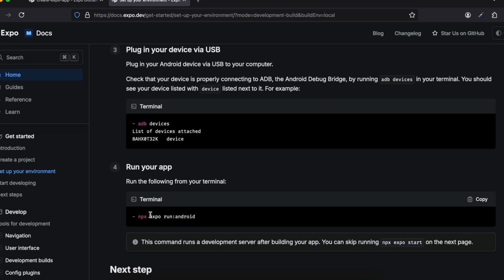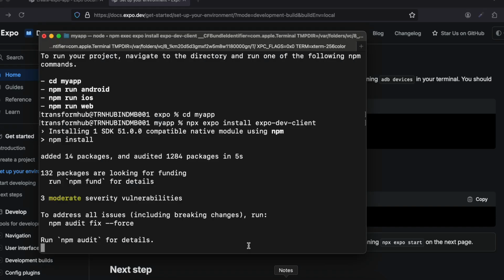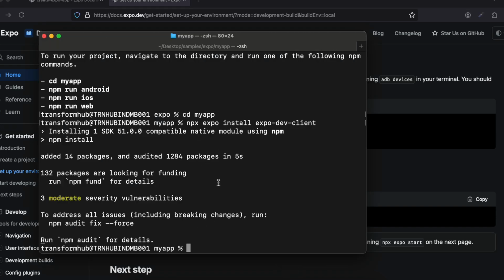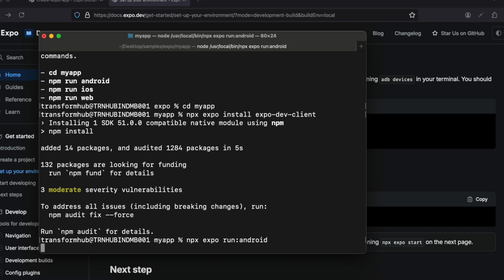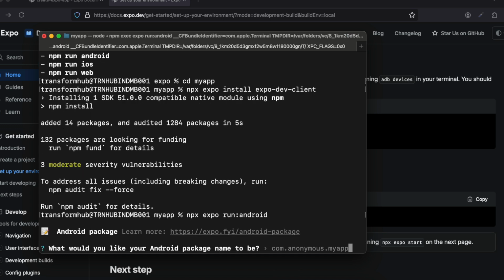Then we will have to run this particular command as well. So this will actually create the Android folder for us. So here you can see the previous command has finished. So I will just run this particular command. So this will create the Android folder for us. So it is asking me for my package name. Now give it some proper package name. I will just name it